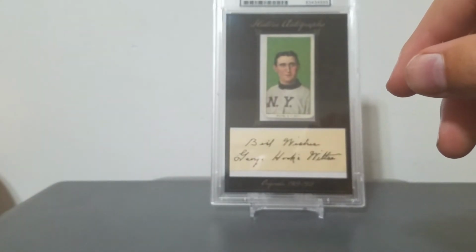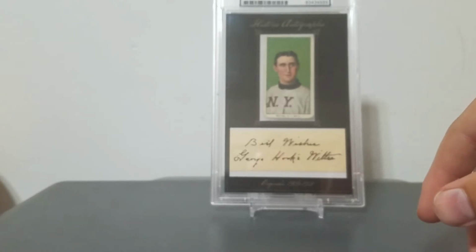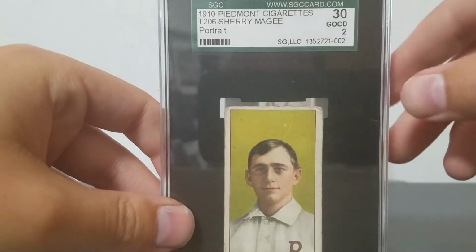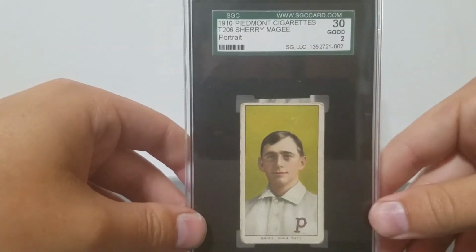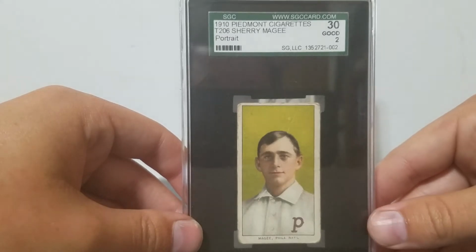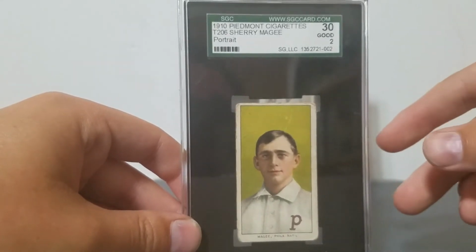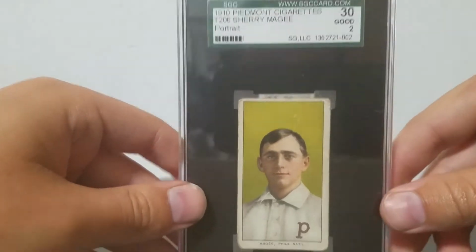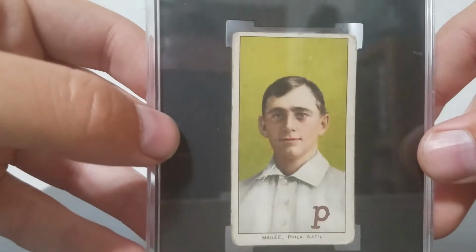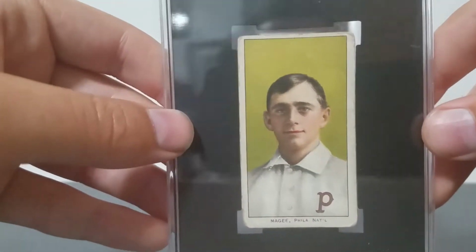Last up, this is a very tough and popular card. This is Sherry Magee Portrait. So for those that are unfamiliar with the T206 set, Sherry Magee has an error card where they spell his name Magie, and that's one of the cards most collectors consider a complete T206 set. Well, not complete, but 520 out of the 524, and this is one of the 4